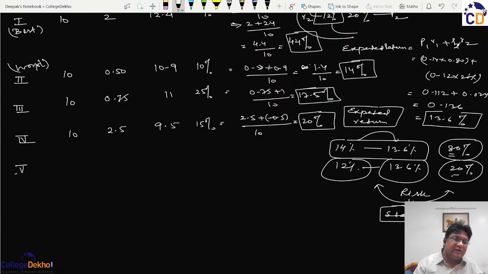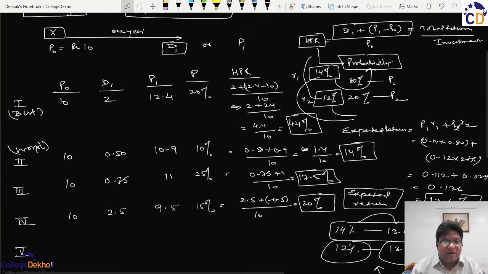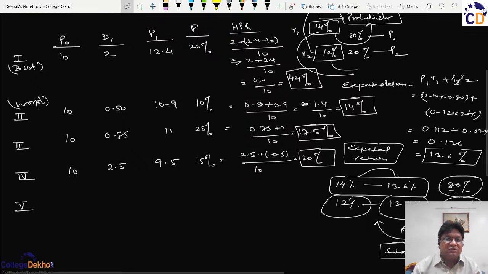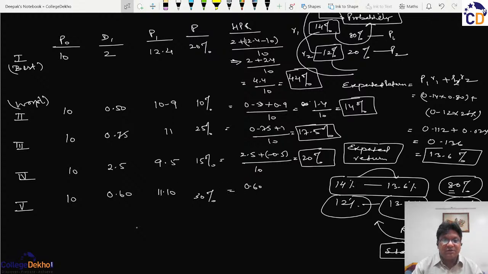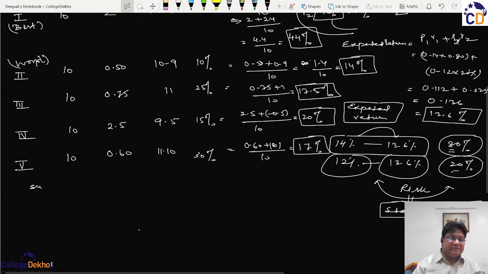And if I take the last scenario, because these probabilities have totaled to 70%, so if I close this to a 100% probability scenario with 30% chance of the fifth scenario, where the price of rupees 10 is expected to give a dividend of 60 paise and the price expected after first year is 11.10, so the return will be 0.60 plus 1.1 upon 10, so the returns are expected to be 17%. So if I summarize the above data,